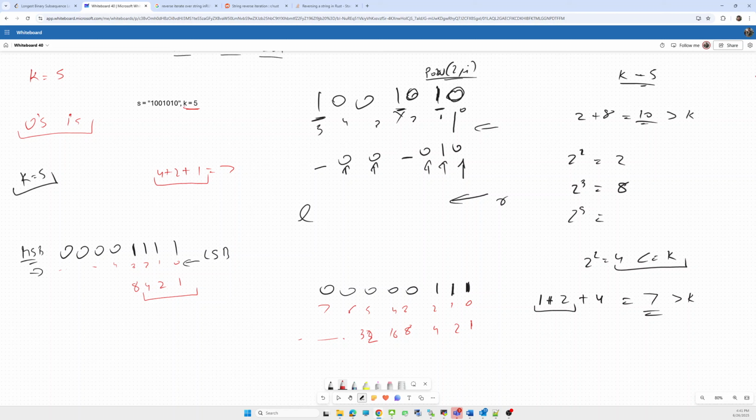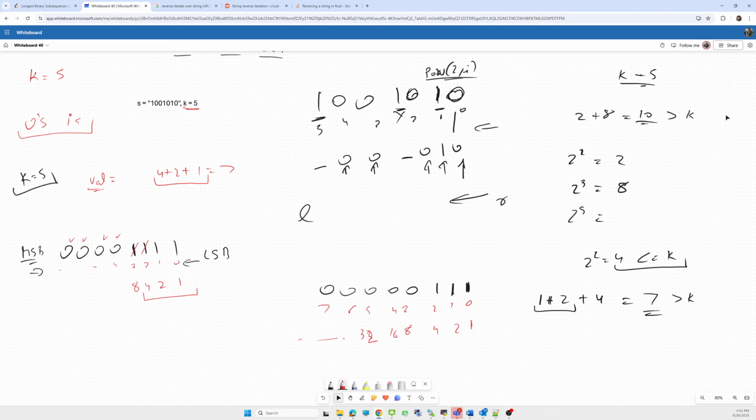We have to maintain the value so far. So it is 7, and we will not be able to consider this. Beyond that, any 1 bits we do not consider, and we will consider all of the zeros.